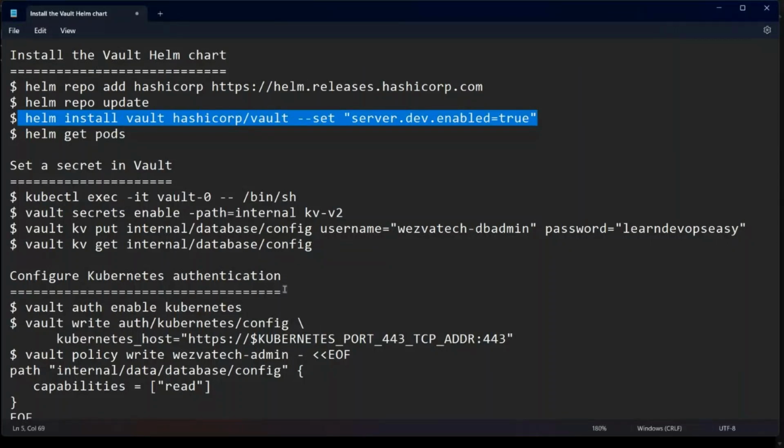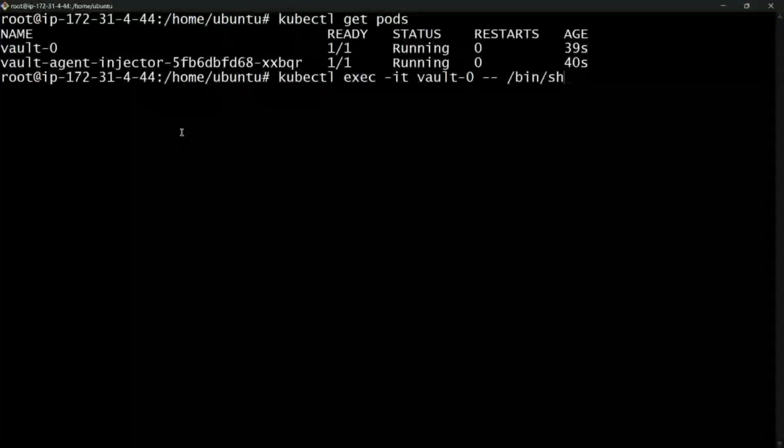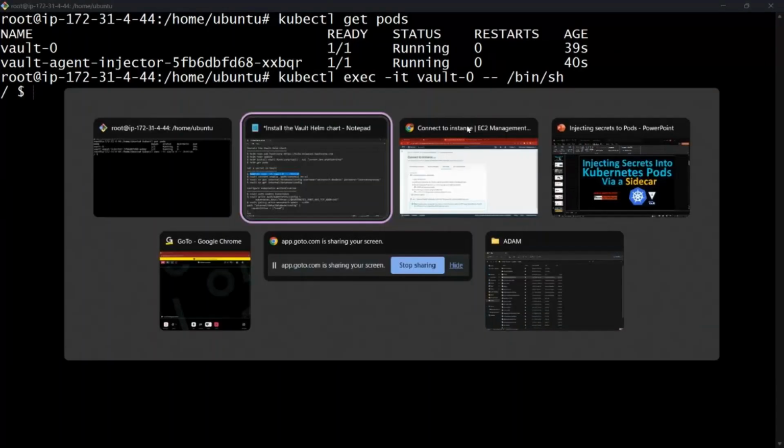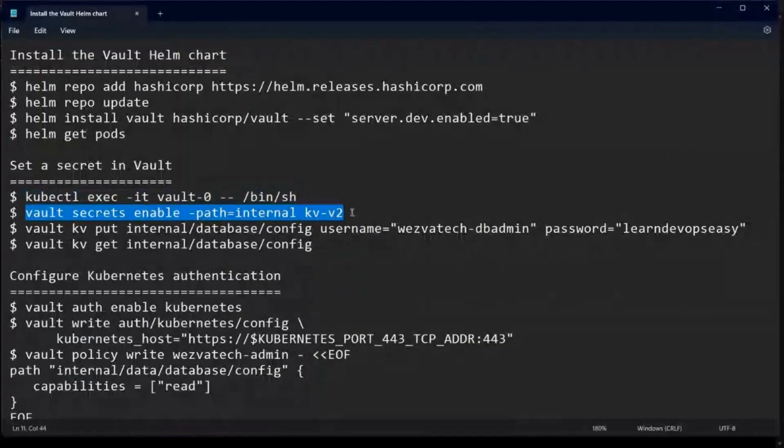So for that, first, let's go inside the pod, because this is where we have our Vault. Now, you can access the Vault server using a UI or through the command line. For the sake of ease, I'm just using the command line utility so that you also get familiarized with Kubernetes. So we have gone inside the Vault pod, which is nothing but the actual server. Now what we have to do is to store the